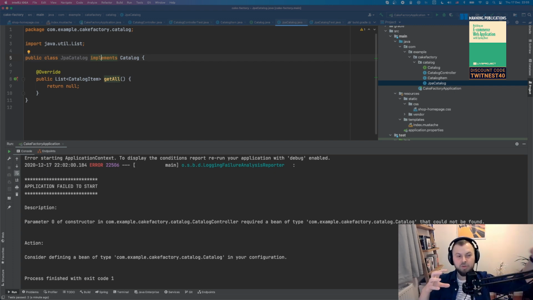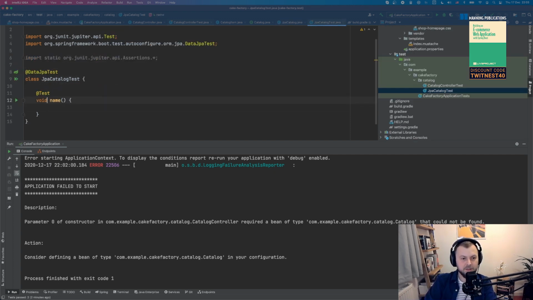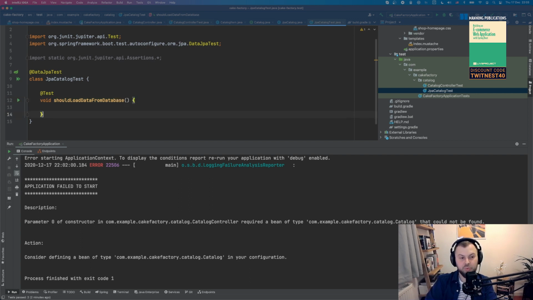So on my view side, I'm just testing if I get the data from it, I can display it on a page. On the data side, I'm testing that if I have data in a database, I can actually extract it from the database and return it as my business domain object, right? So that's what I'm doing now. So if I go back to my test, I say should load data from database. I can also split it into title and price separately, but I'm not going to do it now, just for simplicity, right?